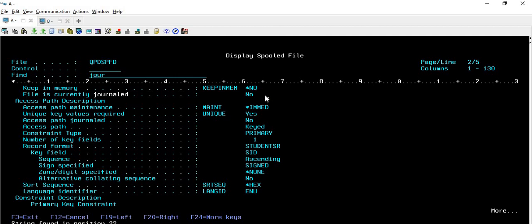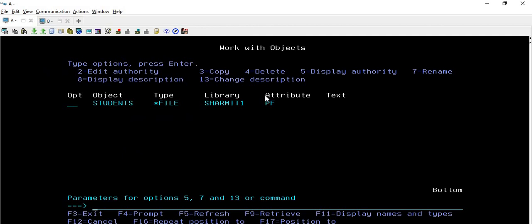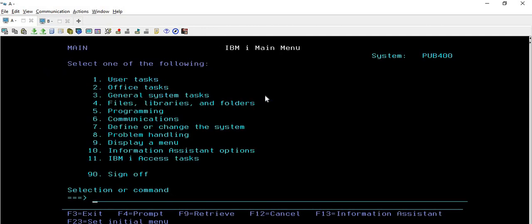The moment when we start the journaling, at the same time we will also go back and check these values, and you will see that yes, it is journaled now, but at the moment it is not journaled. Okay, fine. So now before we start the journaling for these files, we need two things which we have already